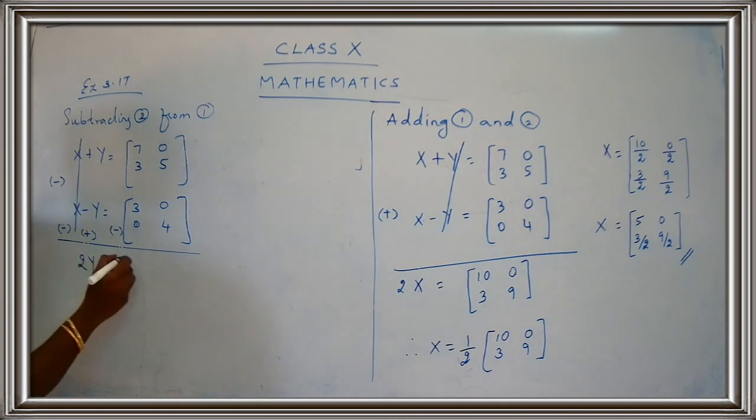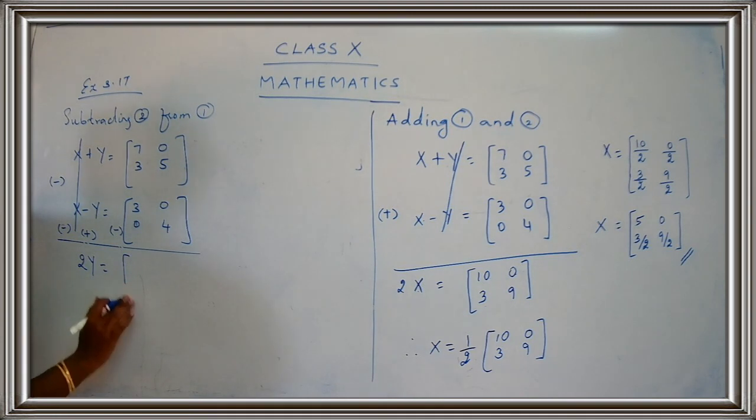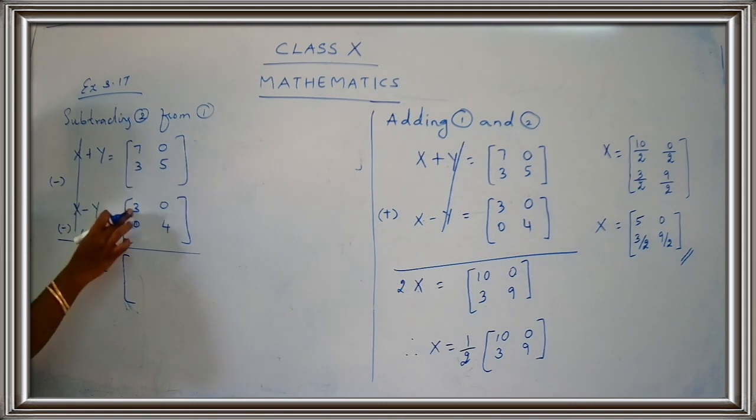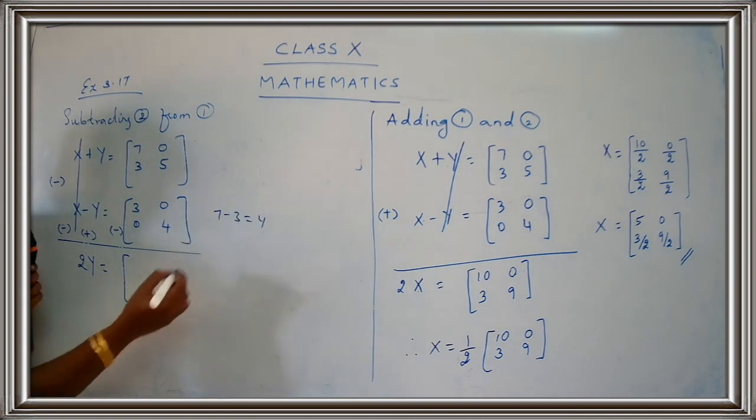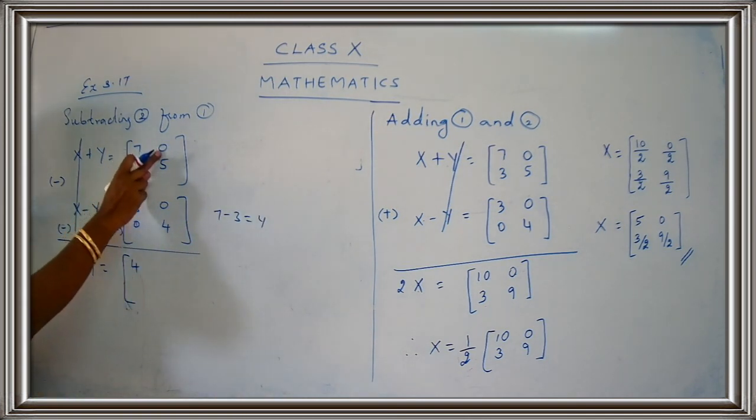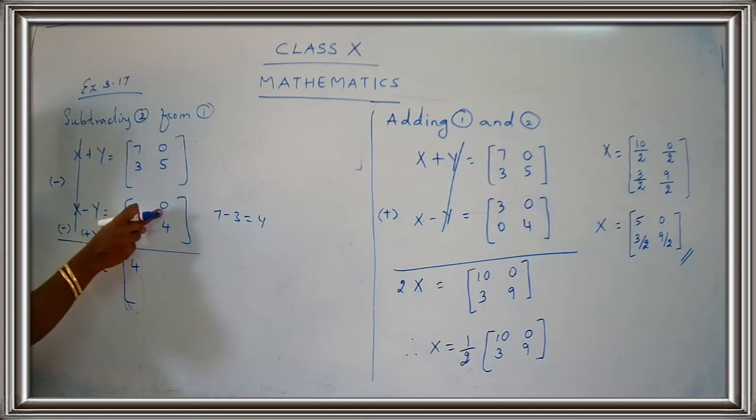Okay, now here the main part comes. Now what are we going to do here? See the RHS part carefully, children. 7, don't add it. What is the main sign here? It's minus. And I have told you, you have to take the negative. Negative means the positive number will turn negative and the negative number will turn positive. Okay. So 7 minus 3. What is the answer for 7 minus 3, children? Yes, that's a very easy answer. 4. Good.